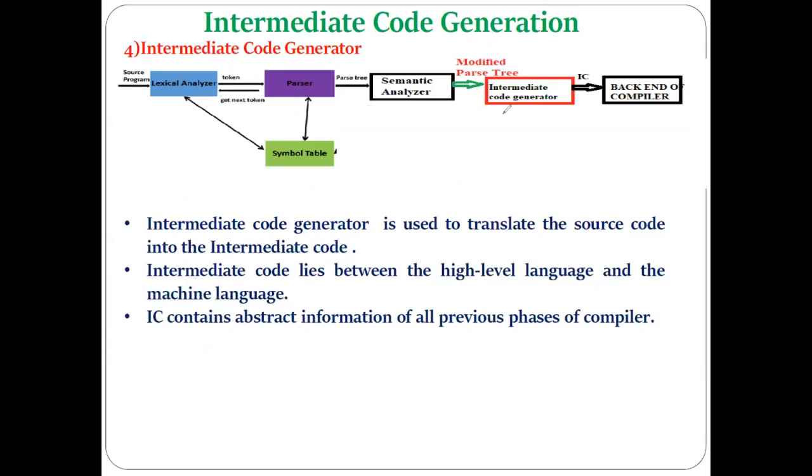So this is the figure you can see each time we are discussing the phases of the compiler. In this figure you can easily see the lexical analysis as the first phase takes the source program as input, generates the tokens, and gives them to the parser of the syntax analyzer. Then the syntax analyzer, with the help of the parse tree, checks the syntax of the program, generates the parse tree and gives it to the semantic analyzer. The semantic analyzer also checks the meaning of the program by generating the modified parse tree or the annotated parse tree and gives it as an input to the intermediate code generator.